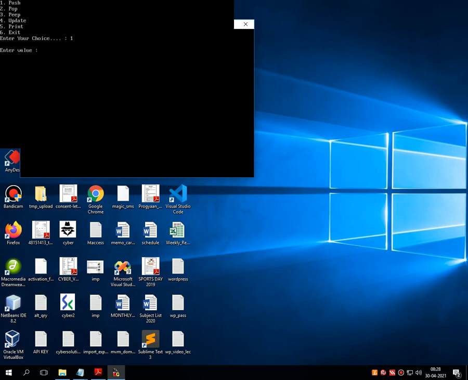And option number 6 is exit. So let's select option number 1. Push operation is selected. Suppose I am inserting values in the array, that is 2, then 4, then 3, then 0 and 9. Now suppose I am selecting option number 5. It displays all the values which are stored inside the one dimensional array, that is 2, 4, 3, 0 and 9.